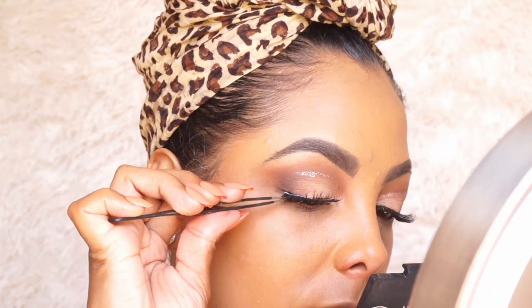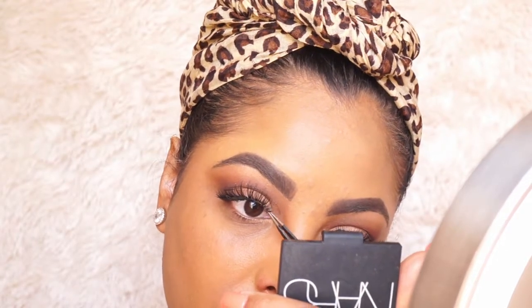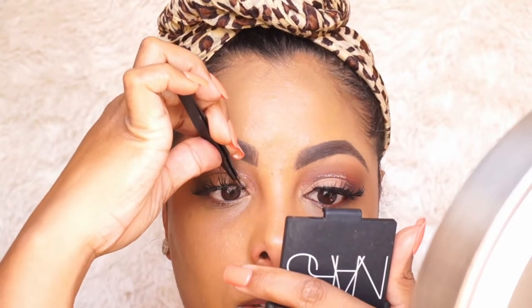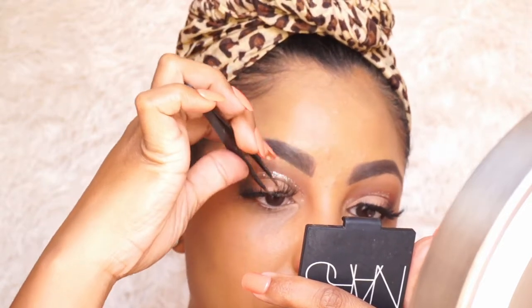Popping on some mascara and my lashes. Now these lashes are extra janky, y'all. Don't judge a girl. But this is probably about the 4th time I've worn them, and it's time for me to move on to the next pair. That's why they weren't as seamless and on there as properly as I would like them to be,